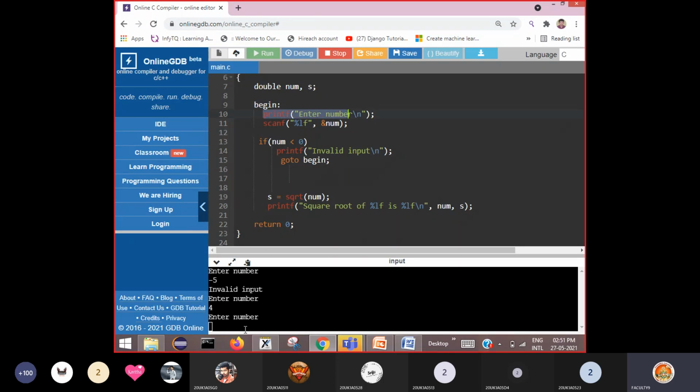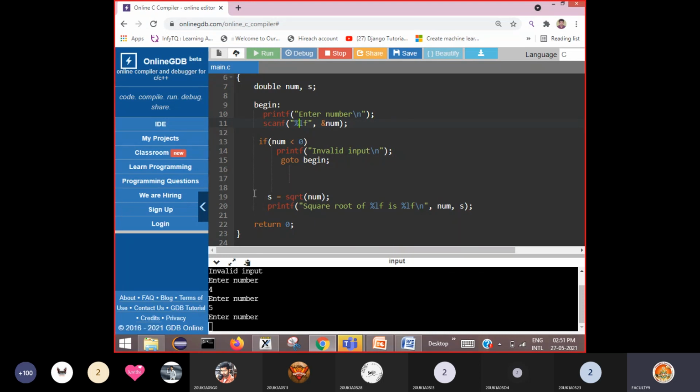So repeatedly, whatever number you enter, it never gives output. It goes back again. Every time it goes back. If you enter a positive number, it won't come to this statement here. That means even if you enter a negative number, it prints invalid input and goes back. If you enter a positive number, just see here, there is no invalid input.